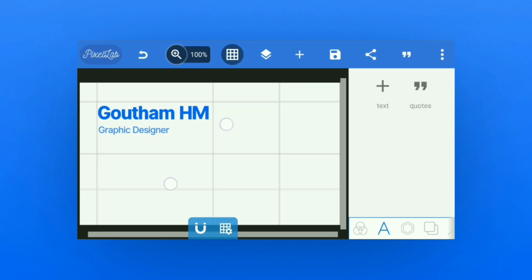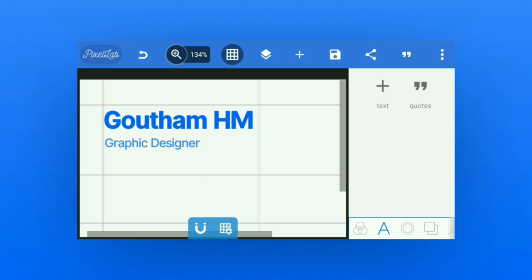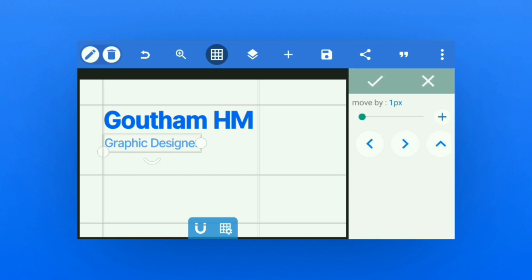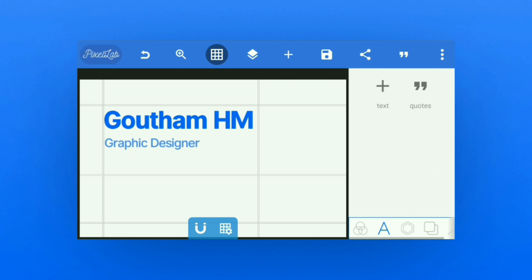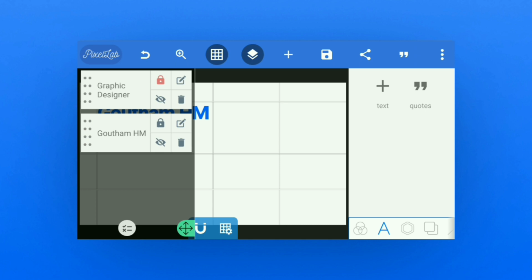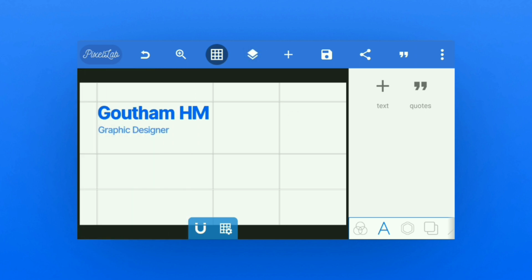you can make a professional and perfect looking business card in Pixellab only, but it takes time, like placing the elements and other things. I am just leaving it for now. You can continue or work out on your business card.